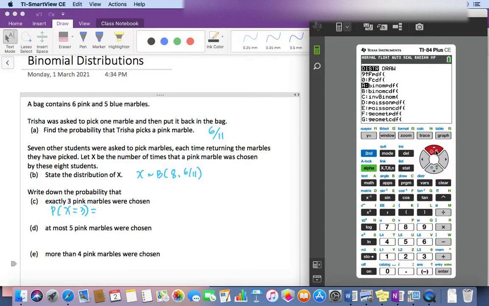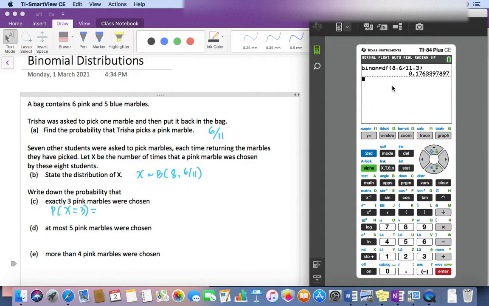So this is exactly 3, so we're going to use binomial PDF. Okay, so we're going to specify the number of trials, that's 8. The probability is going to be 6 out of 11, and the X value is going to be 3. Okay, so the X value is how many times exactly you want that number of successes to happen. Okay, so we get that answer,